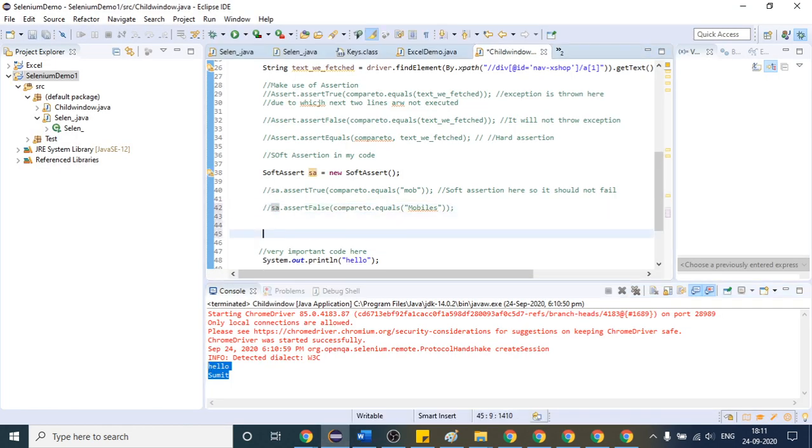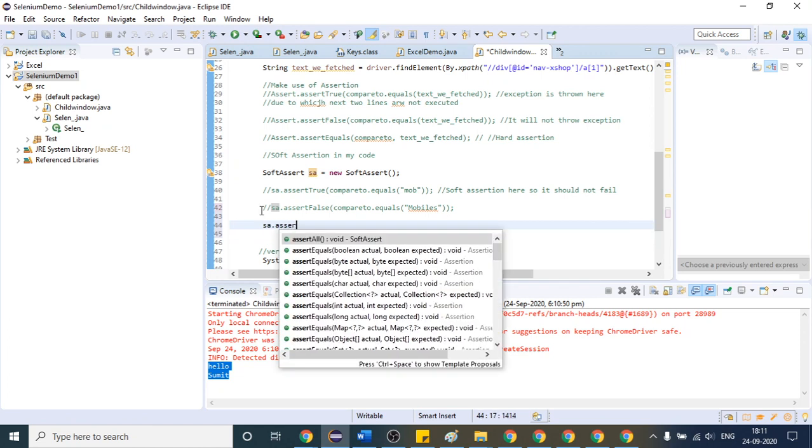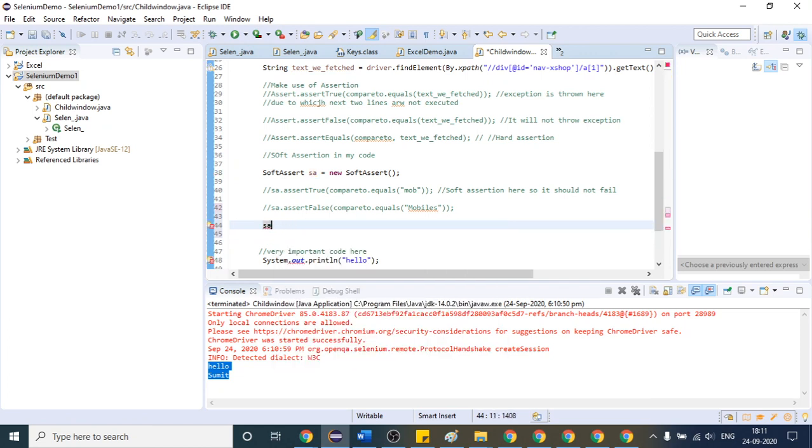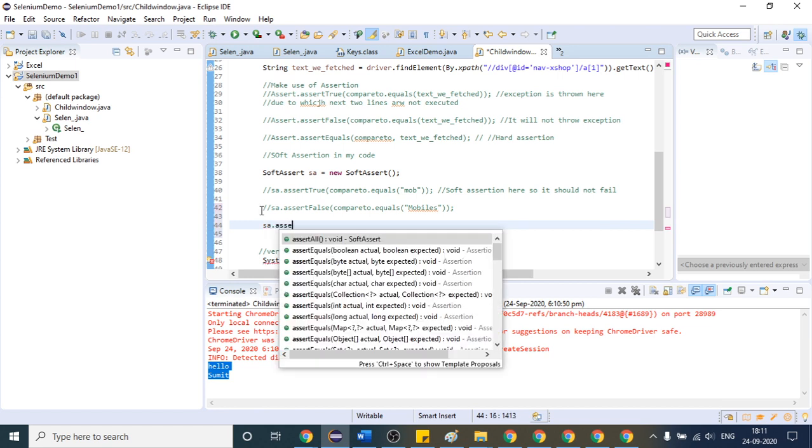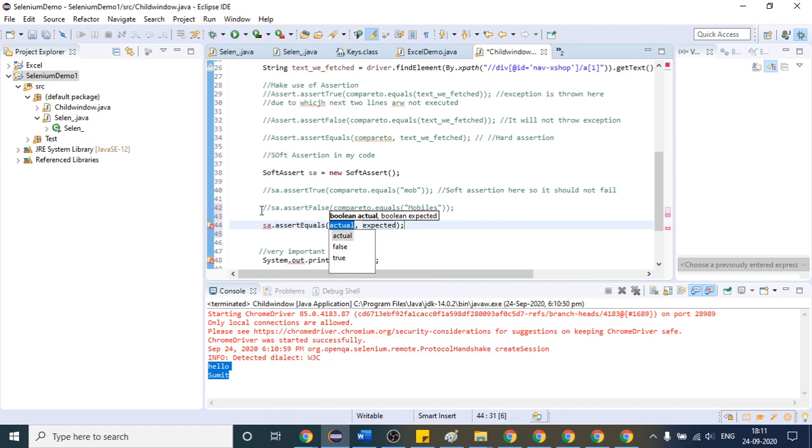If I write sa dot assert equals, whatever you provide, suppose I take just some random data, mobile here, and then I provide anything like Samsung here, these two strings are not the same, so it should fail. But as it is soft assertion, it will not fail at this point, so that the rest of our code will execute.